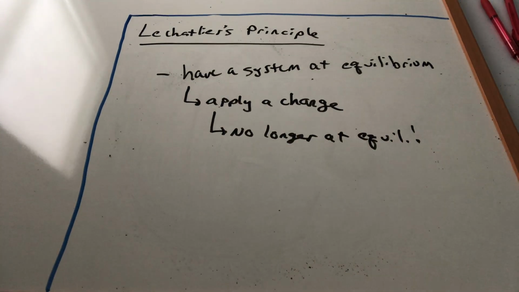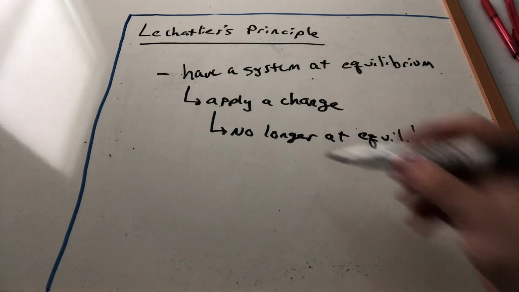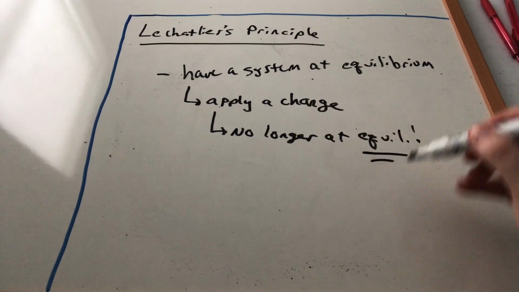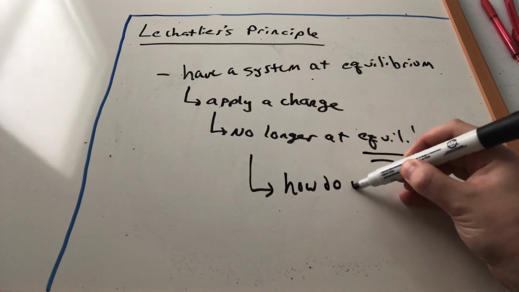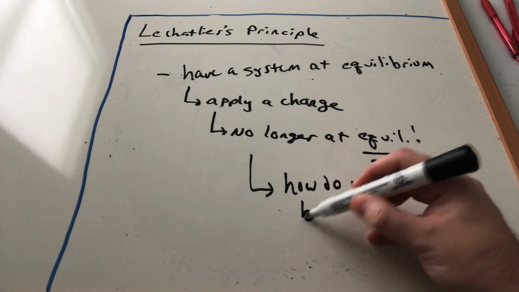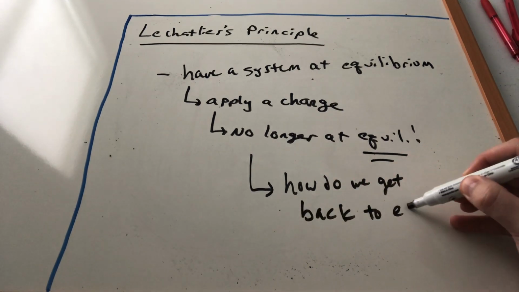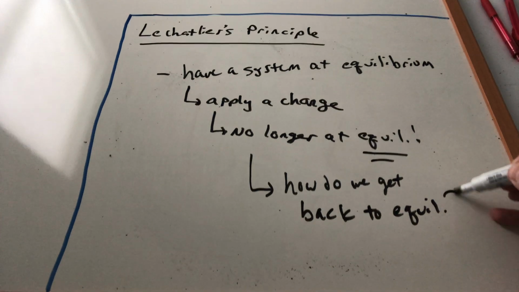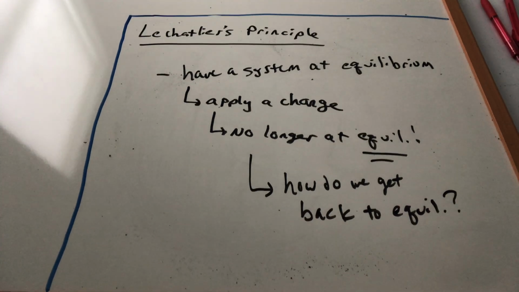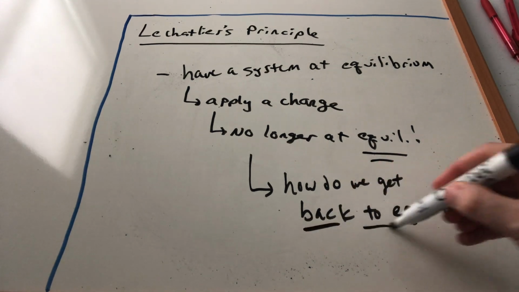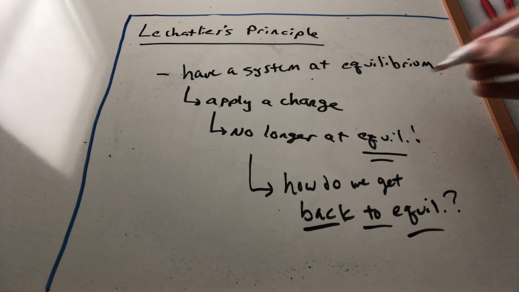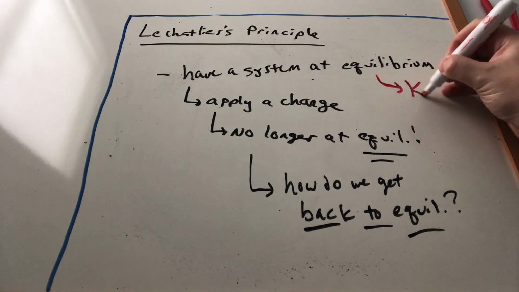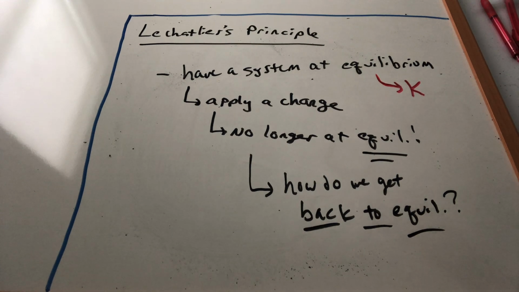So then what Le Chatelier's principle does is it tells us, okay, how do we get back to equilibrium? And like I said, Le Chatelier's principle is essentially a series of rules that we learn, a series of guidelines that help us decide how do we get back to equilibrium. One more time, we start with a system at equilibrium. So we're at a situation where K applies. As soon as you apply a change,